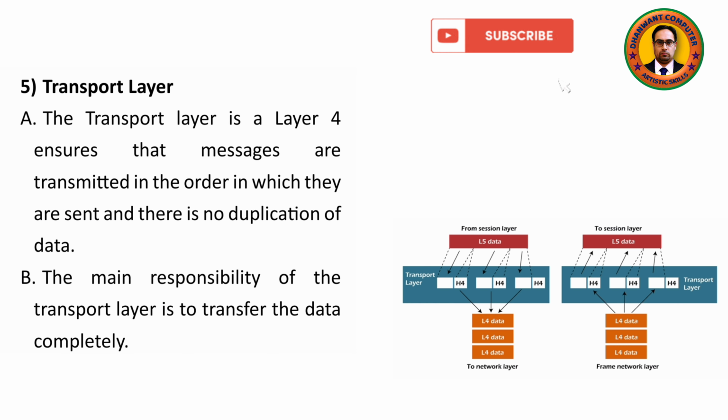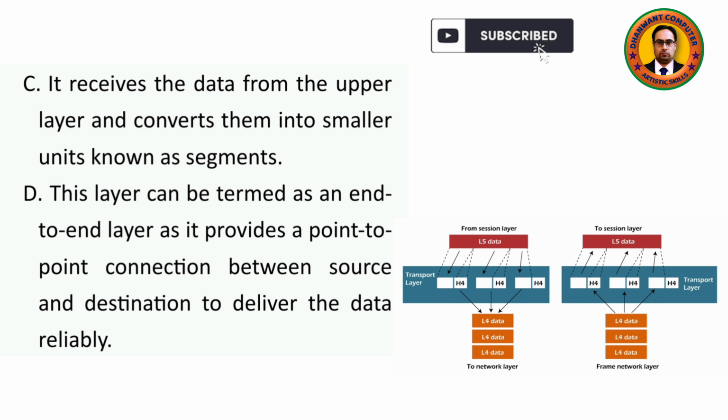5. Transport layer. The transport layer is a layer 4 that ensures that messages are transmitted in the order in which they are sent and there is no duplication of data. The main responsibility of the transport layer is to transfer the data completely. It receives the data from the upper layer and converts them into smaller units known as segments. This layer can be termed as an end-to-end layer as it provides a point-to-point connection between source and destination to